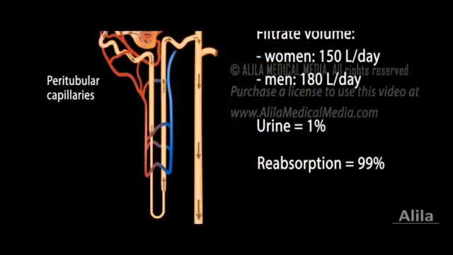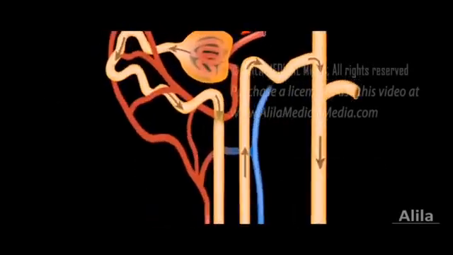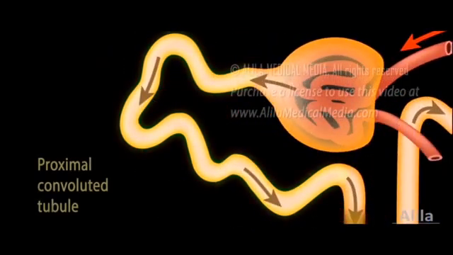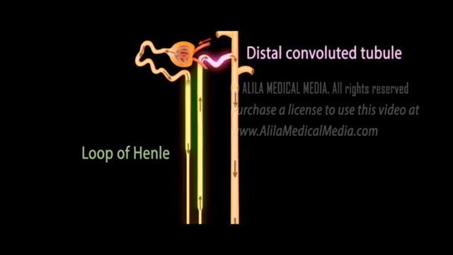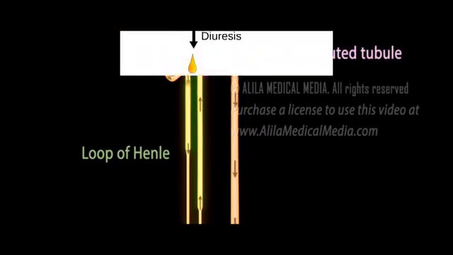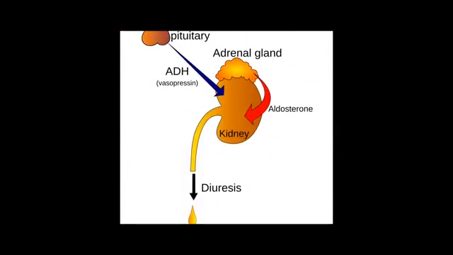Formation of hypotonic urine. 70% of the water content of the nephric filtrate is reabsorbed in the region of the proximal convoluted tubule, and 10% of the water passes out of the filtrate through osmosis in the region of the loop of Henle. A hormone called vasopressin is secreted when concentrated urine is to be passed out. It brings about the reabsorption of water from the urine back into the blood circulatory system.